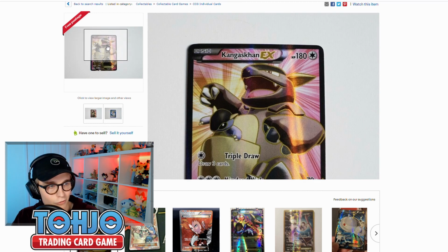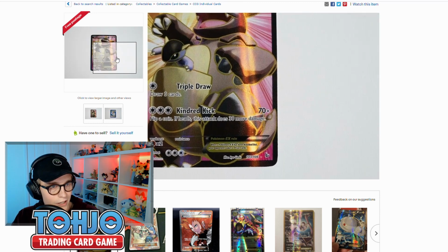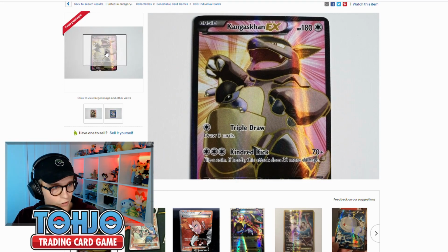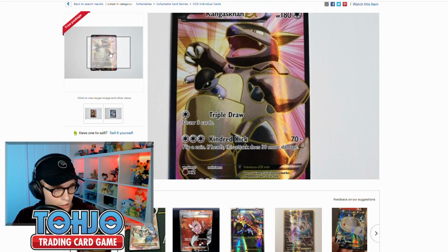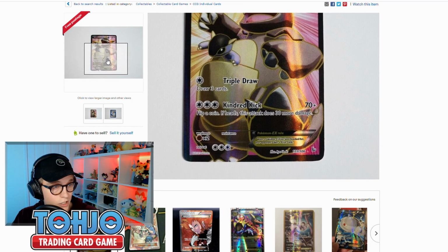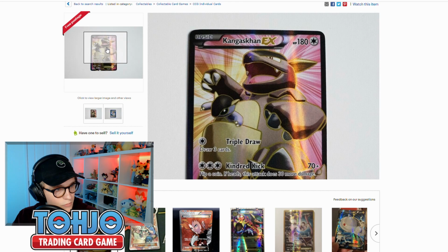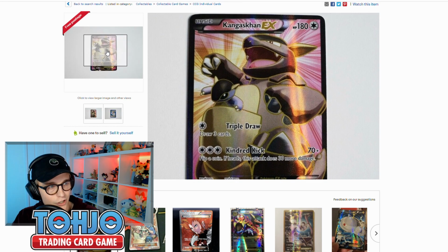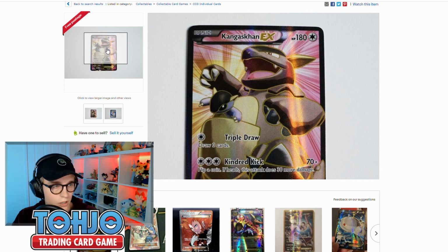So this is a real listing. I am very tempted to buy this afterwards. Looks really, really clean on the front. Will look amazing in a binder and a pretty decent price for this card. So I might go and purchase this after I've recorded this video. But you can see the way that the card has textures built into the artwork that's on the card. The textures will typically match regions of the artwork of the card, so that's something that you should kind of